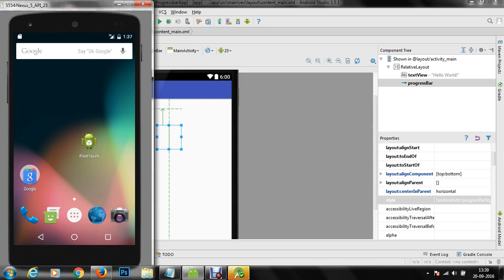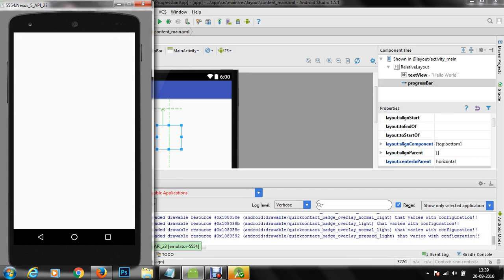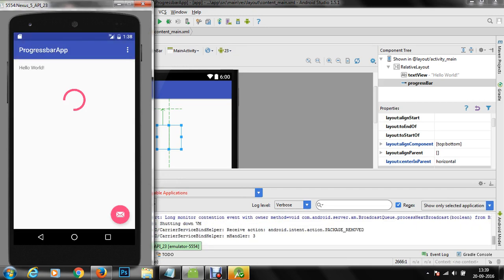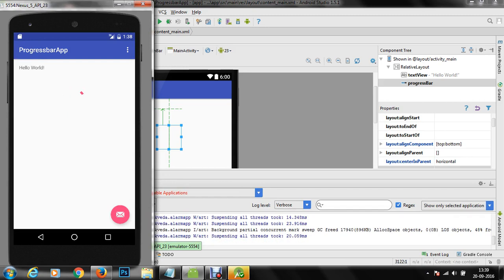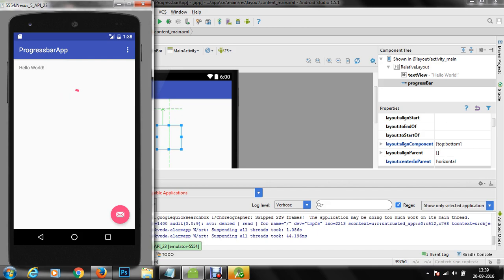As soon as the ADB is launched, we are going to have our application running on screen. ADB is initialized, and now we are going to get a large progress bar. So now you can see that as soon as our application is running, we have received a progress bar running. So what we can do is either we can get started with this progress bar, we can play and pause it, and we can show or hide as per our choice.